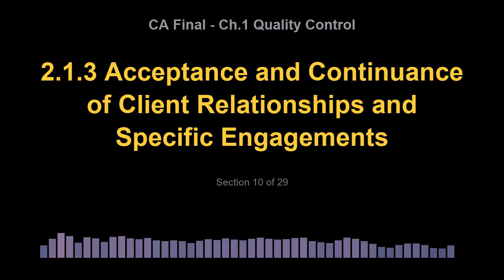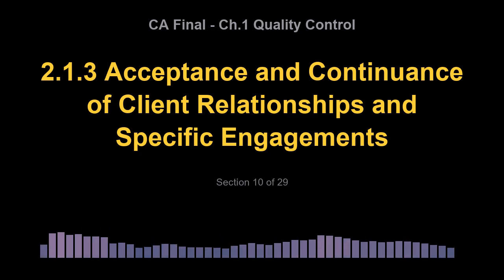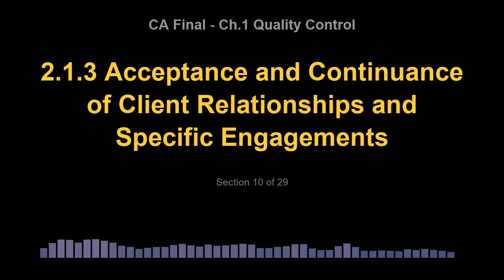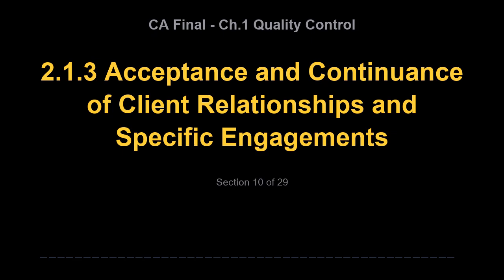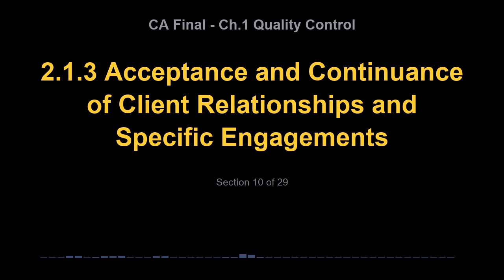With regard to the integrity of a client, matters that the firm considers include, for example, the identity and business reputation of the client's principal owners, key management, related parties, and those charged with its governance; the nature of the client's operations, including its business practices; information concerning the attitude of the client's principal owners, key management, and those charged with its governance towards matters such as aggressive interpretation of accounting standards and the internal control environment;